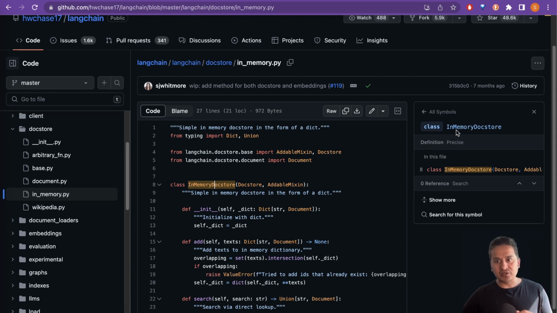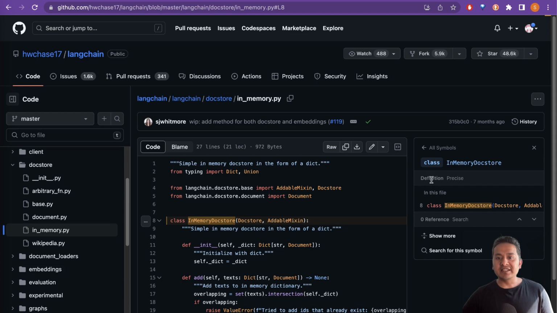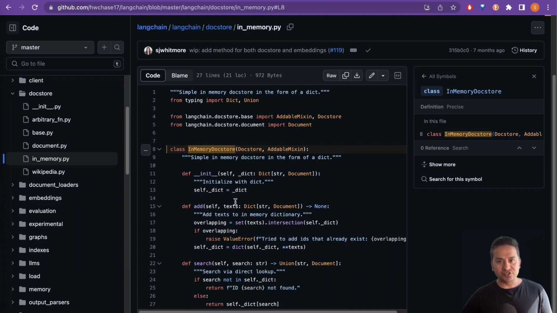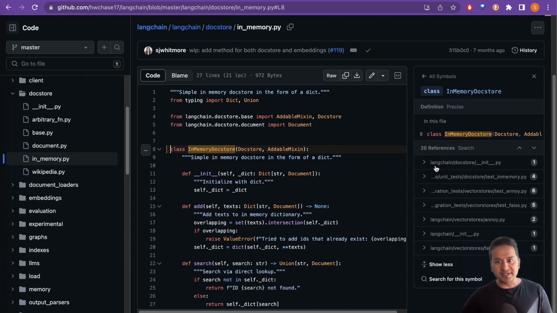There is a class called InMemoryDocstore. And it says definition precise in this file, right? There is this InMemoryDocstore. So as you can see here, it is shown here. And there is this show more. If you click this one, it says 20 references, meaning that this particular InMemoryDocstore is being referenced in